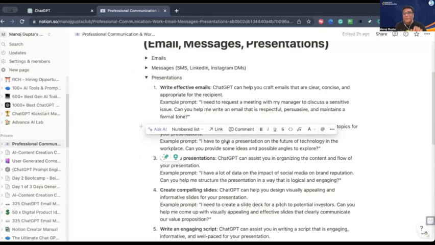This is exactly what happened to her. She called a week or two weeks back, and she was asking about the prompt part of this, how we can create this thing. So this is so powerful, guys.